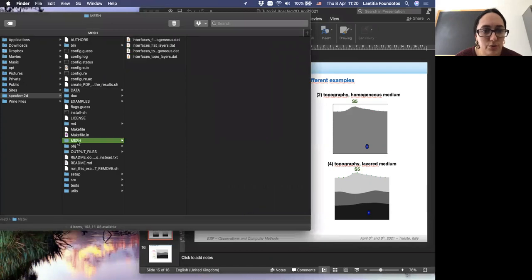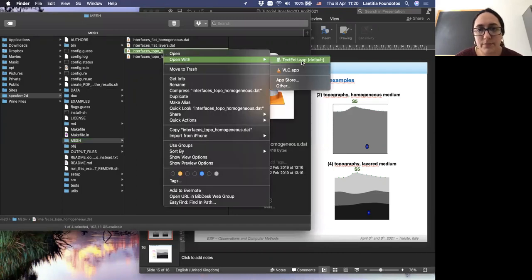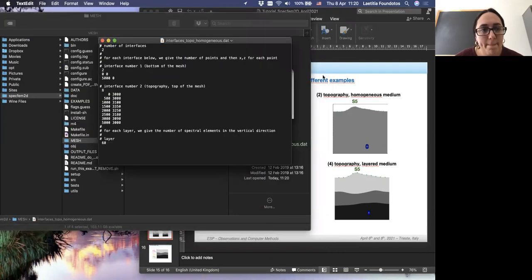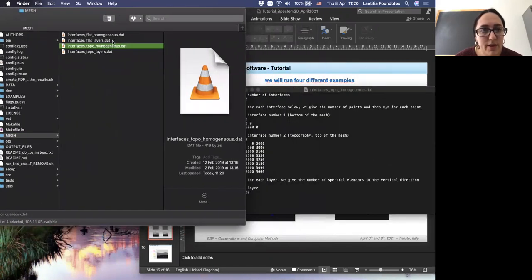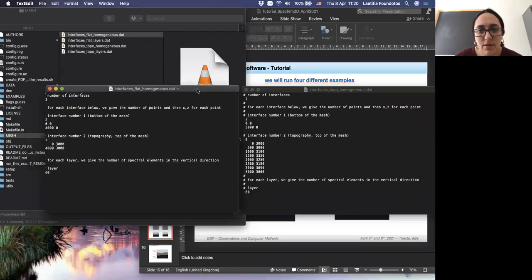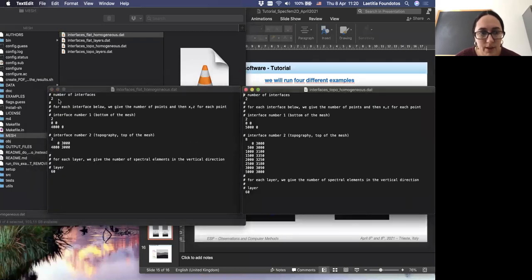Now just go to the mesh directory and take a look at this file. And now I will open the other one, which was this one. So you can see the difference now. We have two interfaces, bottom and surface. The bottom, of course, is the same.